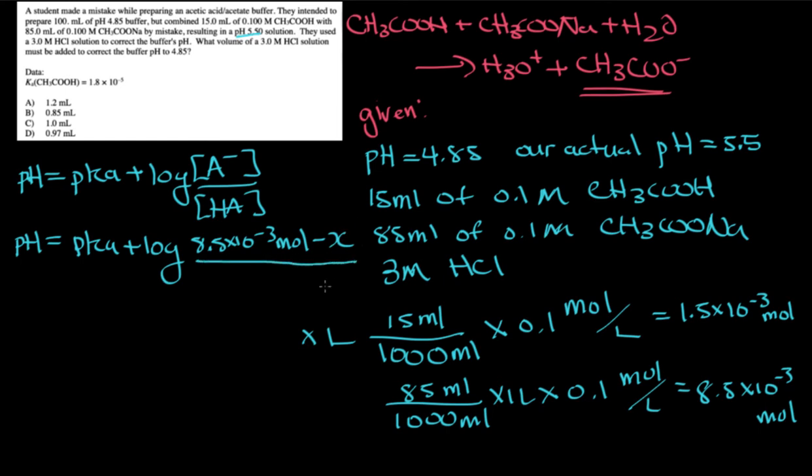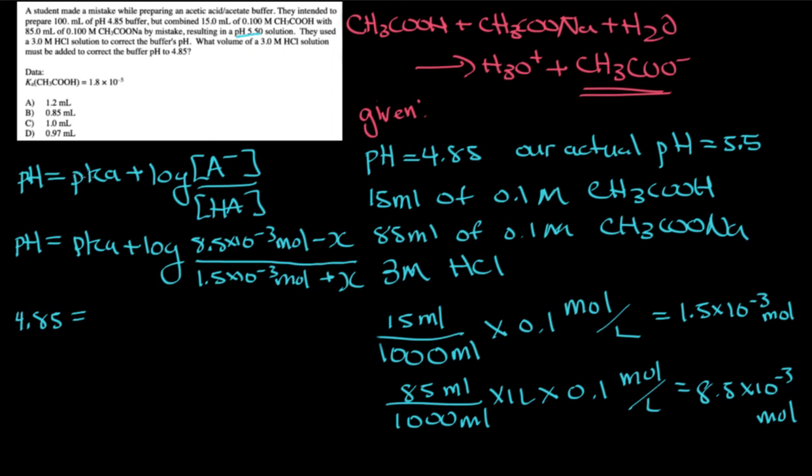And then we divide that by 1.5 times 10 to the minus 3 moles. And then we're adding HCl, which will dissociate completely and donate the hydrogen to our acetate, which will increase the moles and the concentration of our acetic acid, which will lower the pH to what we want. So this will be adding some amount of moles of hydrogen, in this case HCl. So now we can fill in the rest of the stuff that we need. So our intended pH is 4.85. Our pKa is